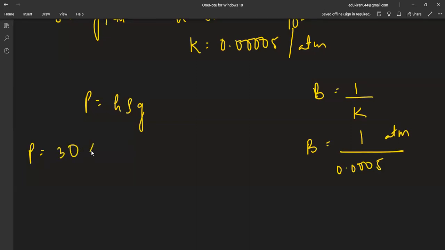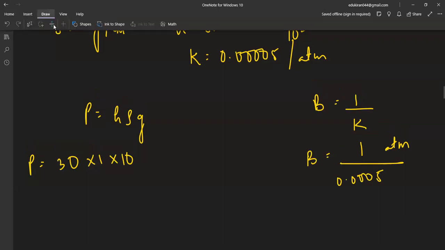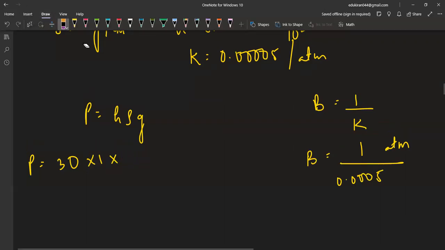Height is 30, density is 1, G is 10. G also we have to write in CGS unit now, because this value of G is 9.8 meter per second. When we are writing meter per second,